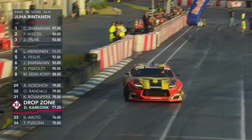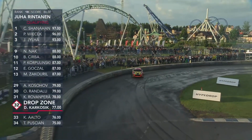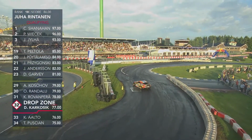Well, he knows it's out there, Dave. Can he collect it? Can he pick it up? He's right to the edge of the circuit now as Juha Rintanen stands on the accelerator. Flames bang from the back of this GR86. The top 3 in the championship now await to see who is going to top qualifying as Rintanen flicks it